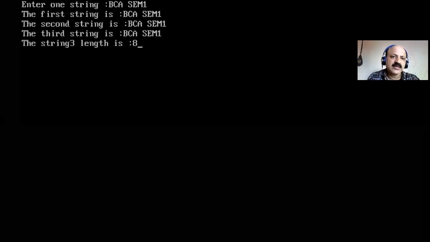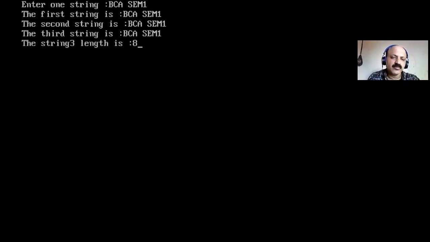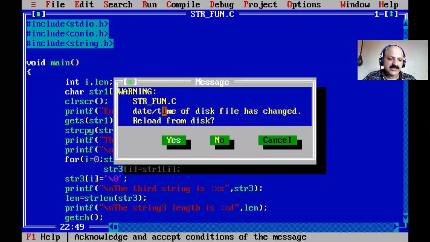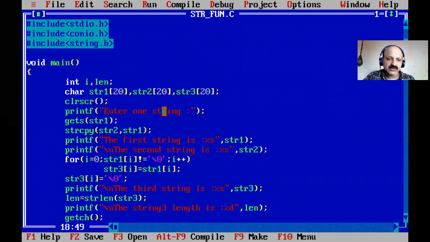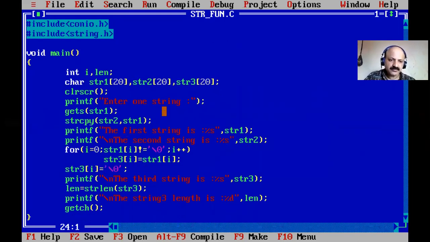So BCA 3 plus same 1 set 4 and 1 blank, so 8 character length. Null is not considered. Okay, every string terminates with a null value, that value in the C language is known as null. In that also you can write null, yes, but in uppercase NULL. Okay, but that string always ends with zero slash, that slash zero is a null value.